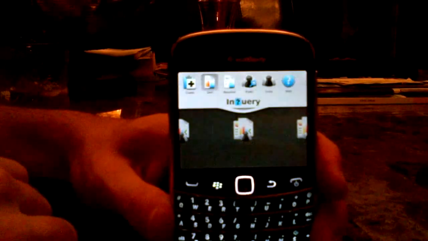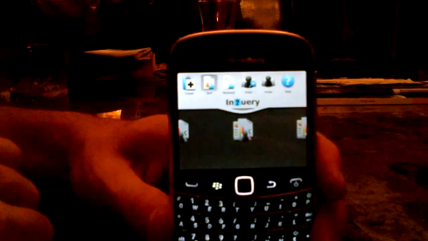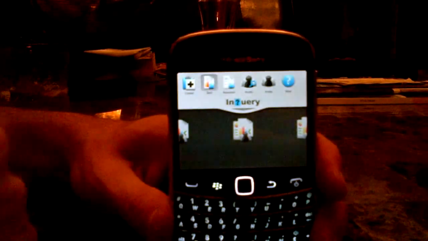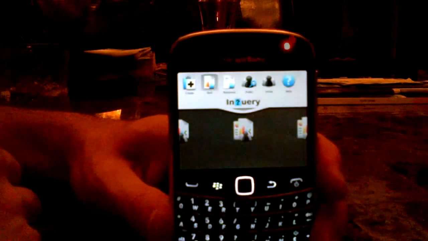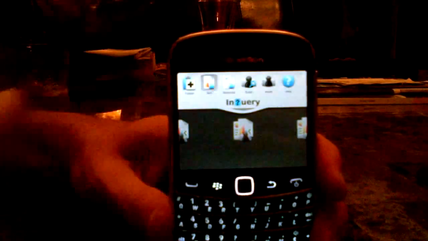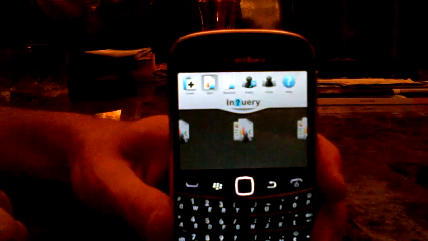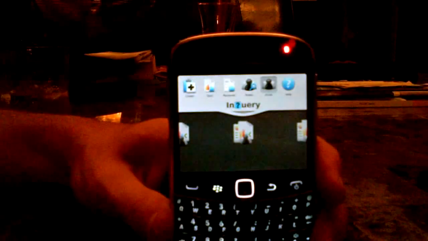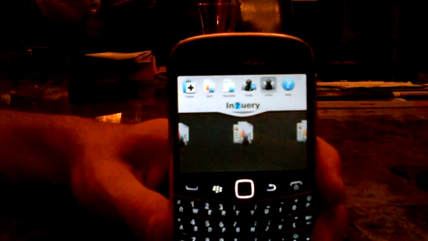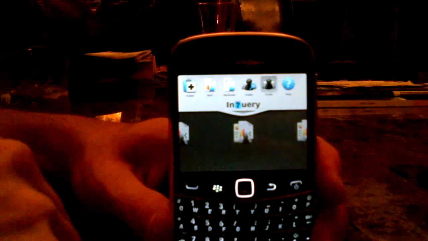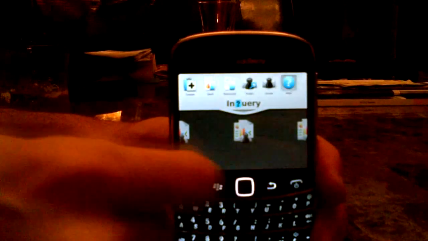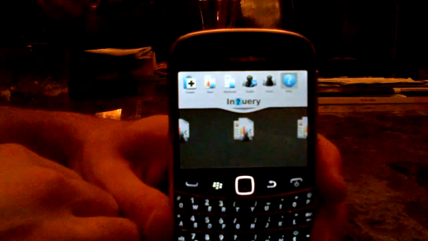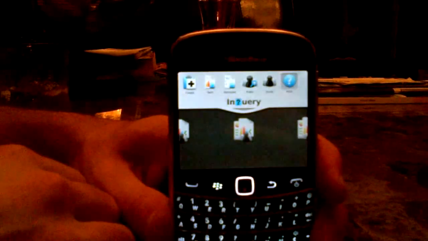The options up in the menu bar are Create, which would be where you create a new one. The one that's focused right now is Sent, which are inquiries that you have sent to other people. So that's the list that we're on. The next one is Received, which is ones that have been sent to you. And then we have Public, which is public ones that you can either scan a barcode or enter the details of the person's inquiry. And then there is Invite, to invite your friends, and finally Help, which will forward you to all of our help knowledge on the application.